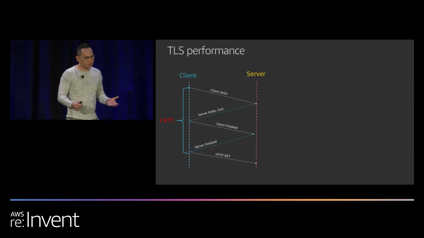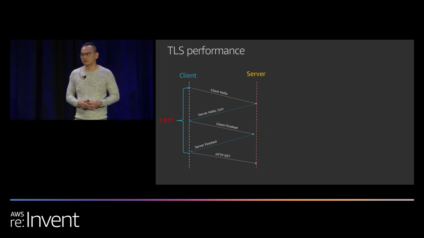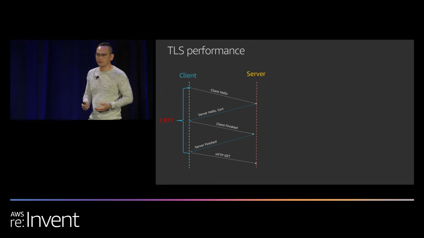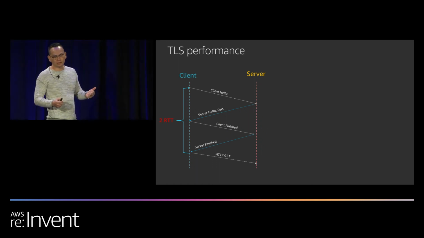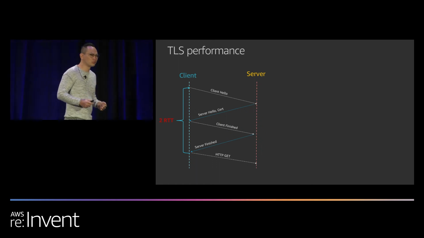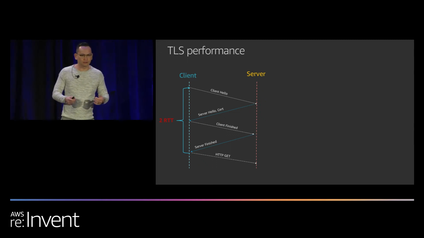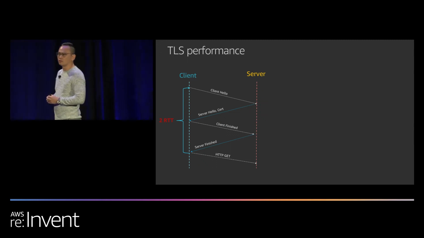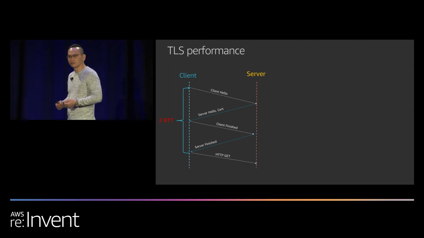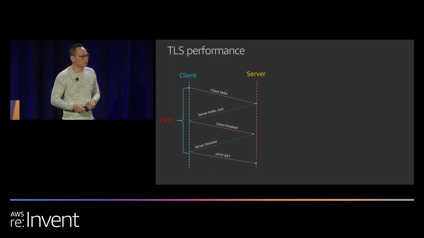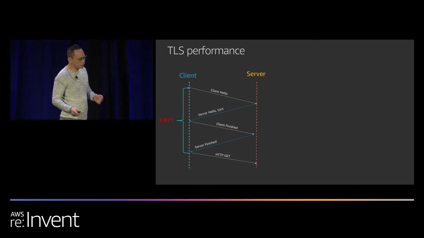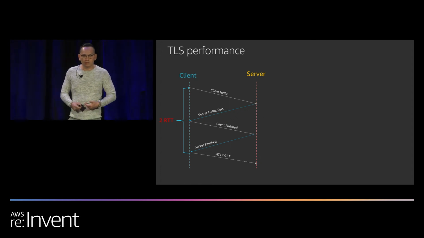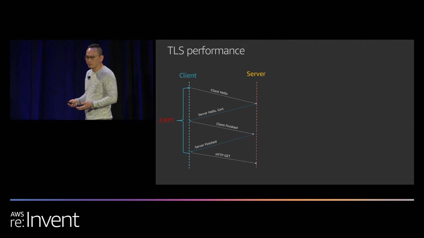Now, I mentioned that TLS comes at a cost, right? It's this extra handshake that happens after the TCP handshake. And it's about 2 round trips, or it is 2 round trips. The first round trip is typically, you get the server certificate, you authenticate the server, and then you negotiate what algorithms or what cryptography you're going to use to do the encryption on the subsequent messages. The second round trip is an exchange of these keys so that you can enable features like perfect forward secrecy.